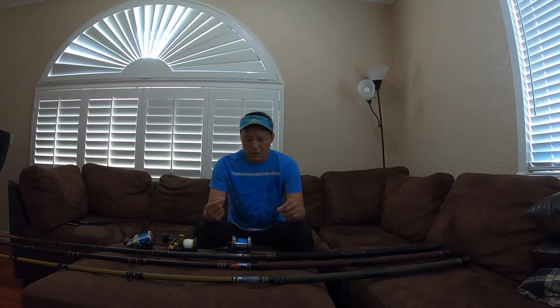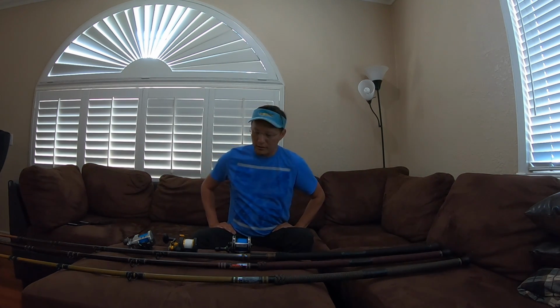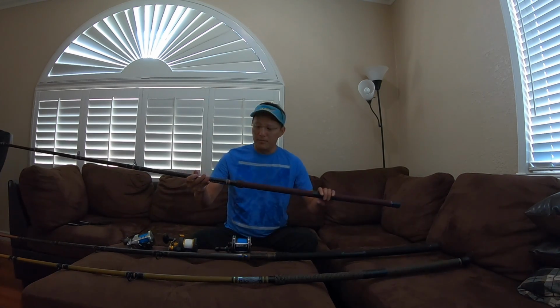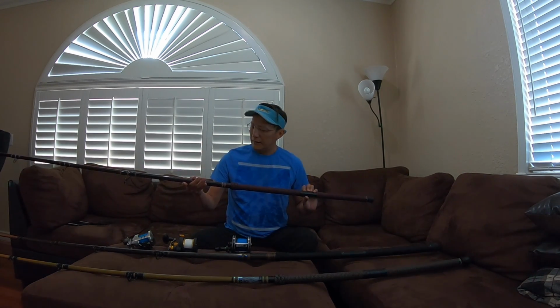So these rods were wrapped by Johnny in Irvine. Some of you guys may know of him and know of his work. I'll have his information in the comments section for you guys to get a hold of him. He does really good work, so I definitely recommend you guys reaching out to him if you're looking for a custom wrapped rod. So the two that I had him do for me,